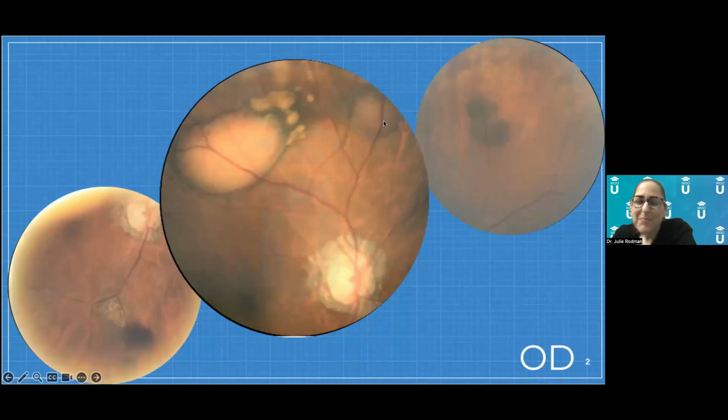So at this point, I'm going to be honest, I really didn't know what I was dealing with, but I thought it looked almost like a cancer. I'm like, is this a malignancy? What does this patient have? So of course I go to my trusted OCT because for me, that's the way that I solidify or make a diagnosis in situations where I'm really not very sure of what's going on.